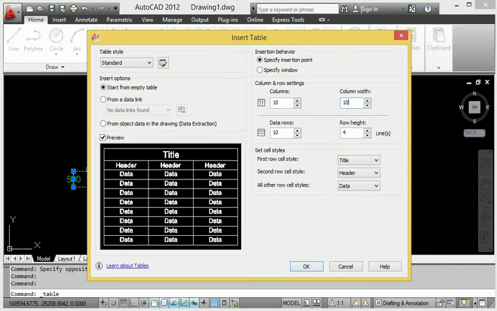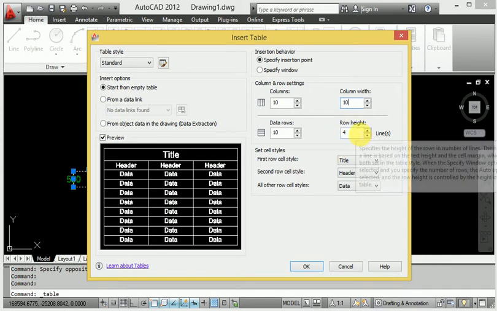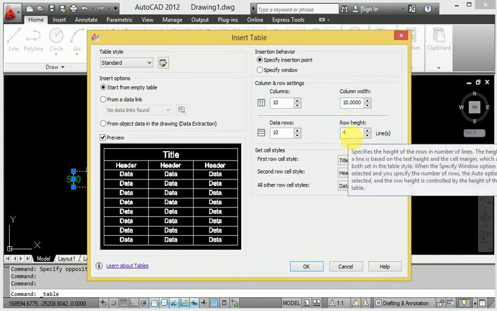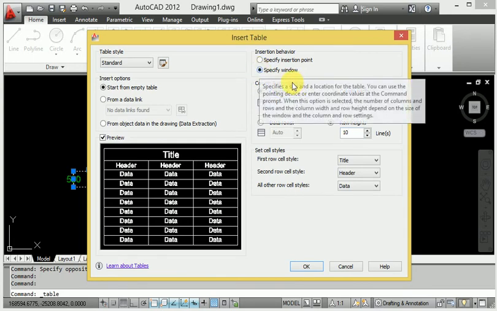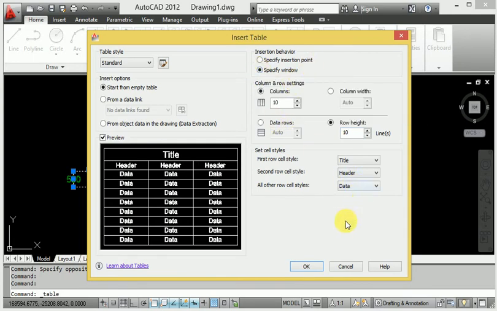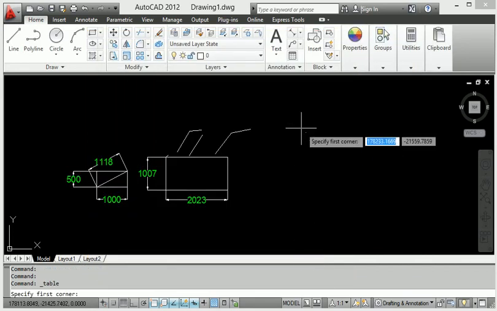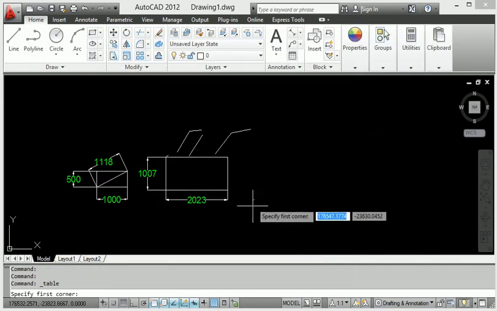So when I click this, 10 mm, and also the distance between rows is 10 mm, right? So this is the specify step. When I go to the specify window, I enter this, and I want the particular area.